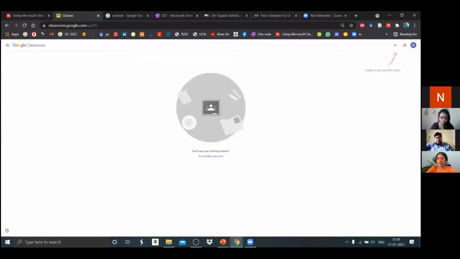See, this is the basic page that you will come to know about. On the right hand side, as you can see, just let me show it. Is this screen visible, where you are seeing this cross sign here? When you click on this, you will find there are two options. One is to join class, the other one is to create class. Join class is for the students to do.